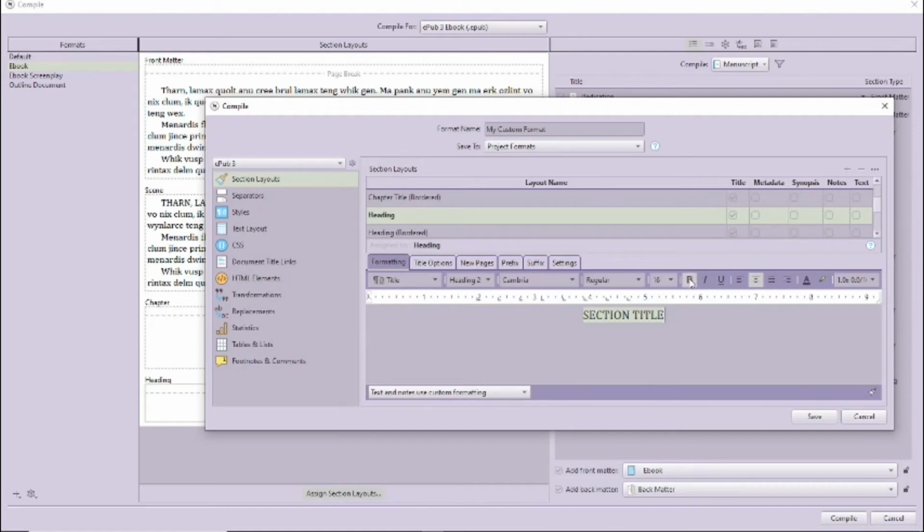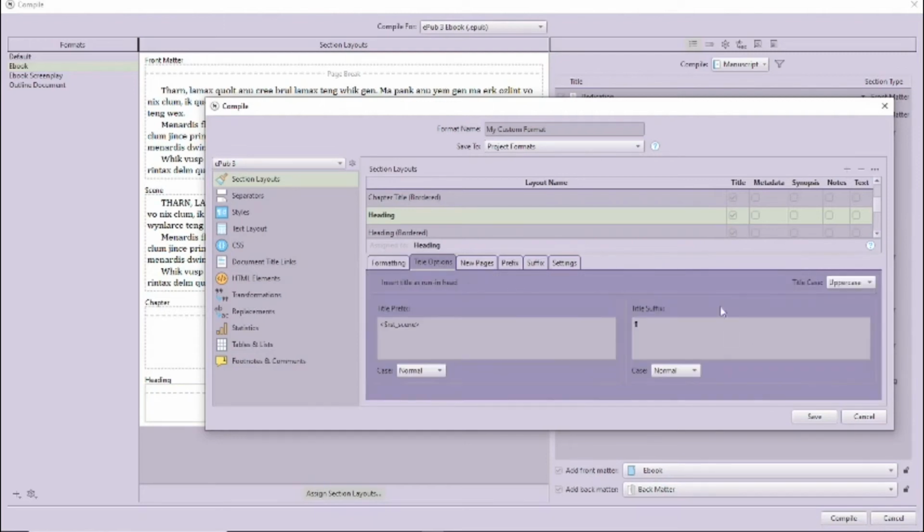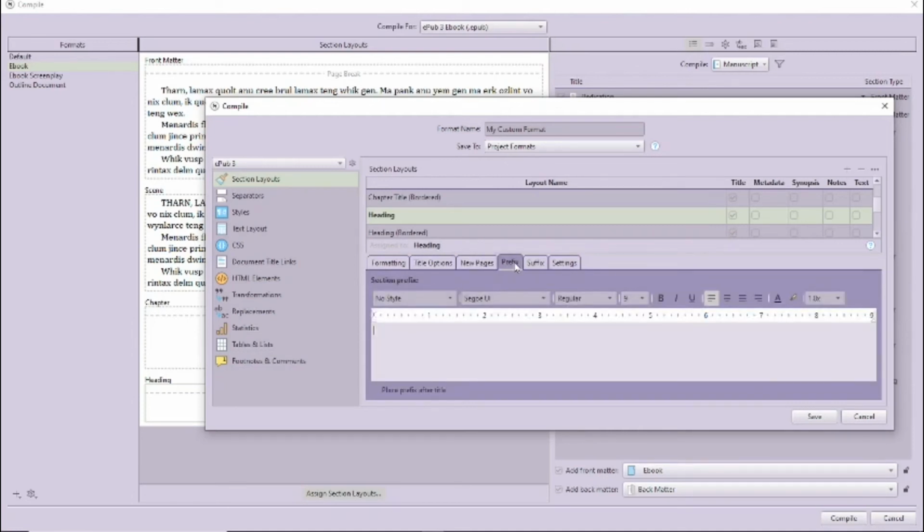Now, let's change a few things in the editing window. Don't be tempted to fiddle with text styles. I'll explain why at the end of this video. And, as we already know, there's no point trying to change the font itself. Other things you can change in the main window are: under Title Options you can choose upper and lowercase settings. Under New Pages there is an option to choose how much space there is before the heading by increasing the padding, although on the page this doesn't seem to work.